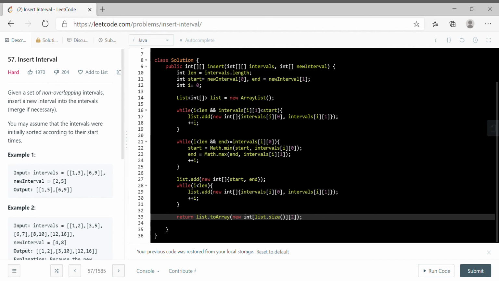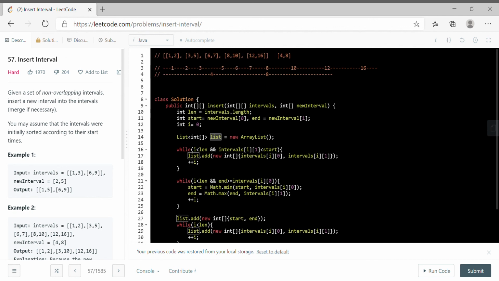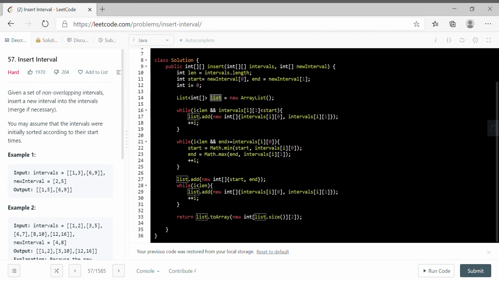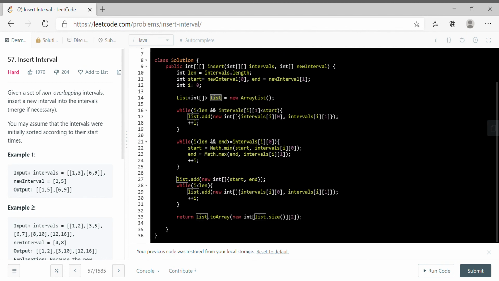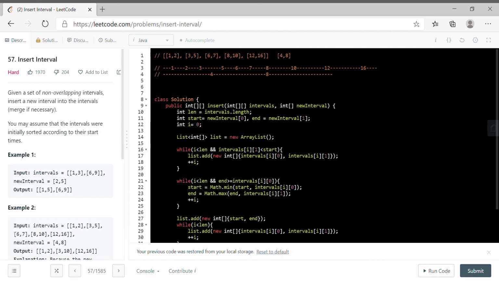We'll discuss the complexity, the pending part. Okay, so we are taking one extra space, right? So that will be order of n, and we are simply looping through each, right? So this will also be order of n time complexity. And here we are again converting to the int array, so here it will add one more complexity. So overall it will be order of n space complexity and order of n time complexity to execute this code.